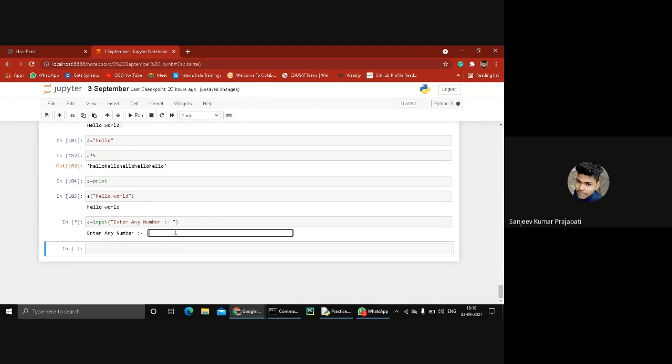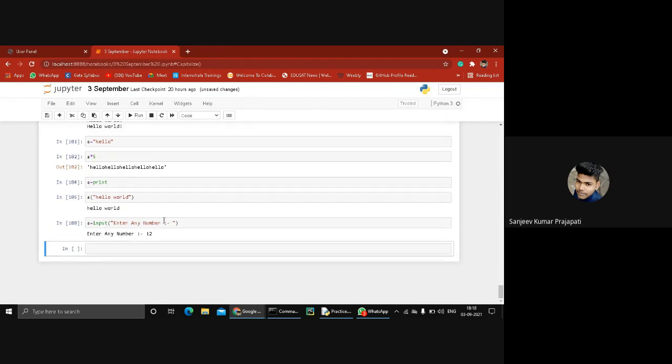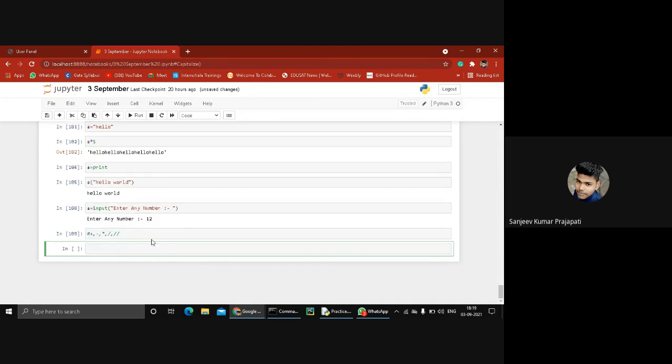You see, right. Got it? How to take an input from the user? Yes, sir. Okay. So right now, take the input from the user, and you have to create a small calculator like plus, minus, as well as multiplication, division, as well as floor division, and that's it. So you can try, and I'll just give you an overview of how to do that.